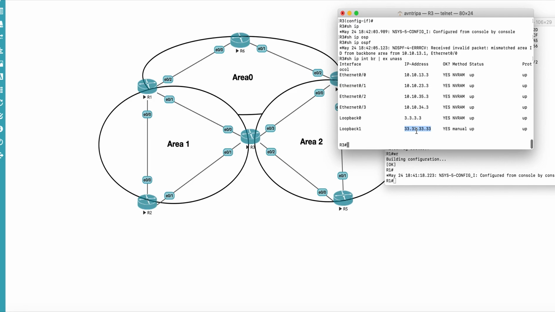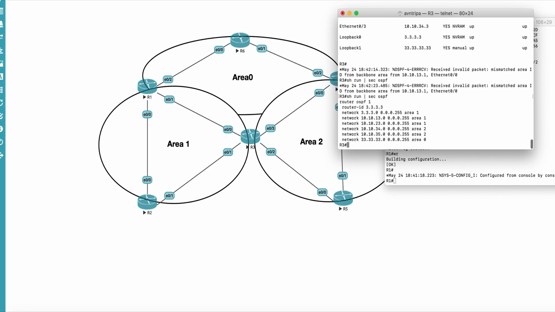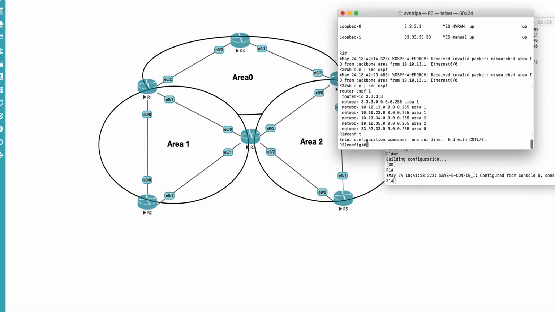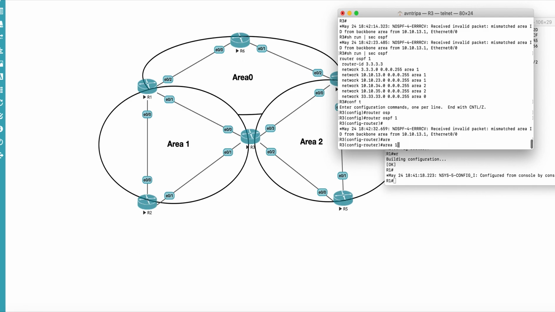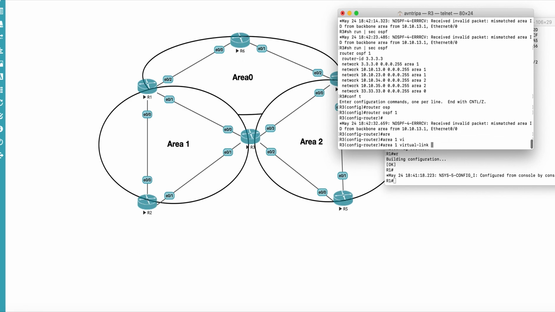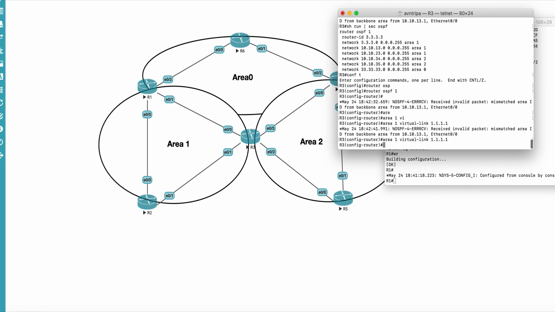Yes, we already created this interface. Let's check the current configuration for OSPF. So what we need to create is a virtual link. Go to router config, area 1, virtual link, and the router ID of the other router, meaning the neighboring router ID.